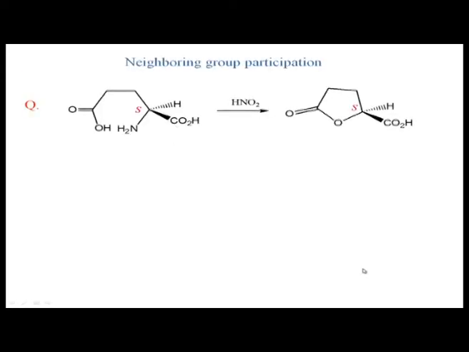Another example is this amino acid. You know, amino acids, the primary amines can be converted to the diazo, and then that can be replaced by OH. Okay. So, if you take a primary amine and treat with HNO2, one of the products is ROH. Now, in this case, if you do the same reaction with an amino acid, you can think of this becoming OH, and this carboxy and OH now form a lactone. So, the product is a gamma lactone.